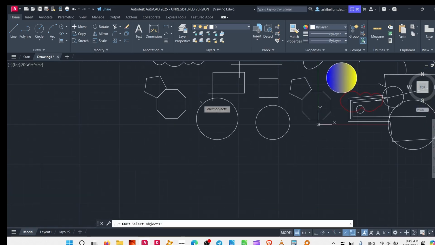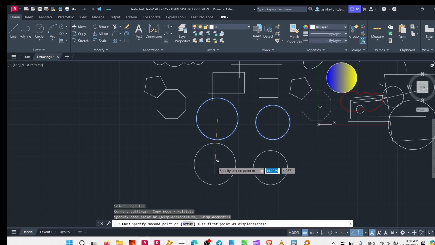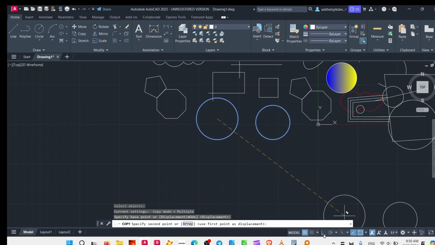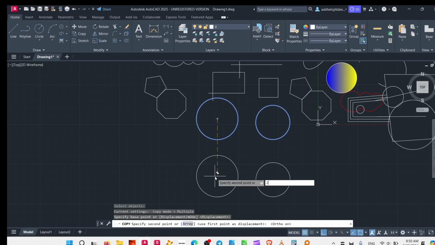Select the command, select the object, click spacebar, or the objects. For example, if you want to copy both these circles, select this, or just select like this. Okay, and then copy. But once you press spacebar, you need to select your point of reference, and then if you want to copy it in a single straight line, you can just copy it. Also, if you want to copy at a specific distance, for example 2 meters, just type 2,